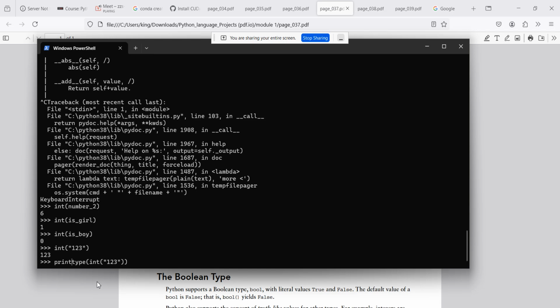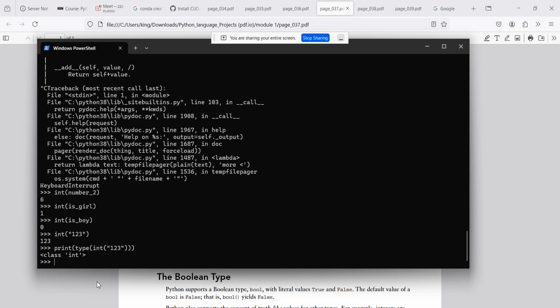Let's print it so that you will see that it will come as class int because I've placed this one inside the int. Okay, I hope it's clear. Yes. And then if I remove the int,